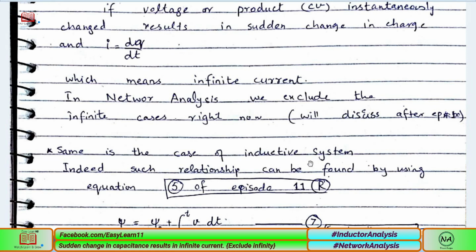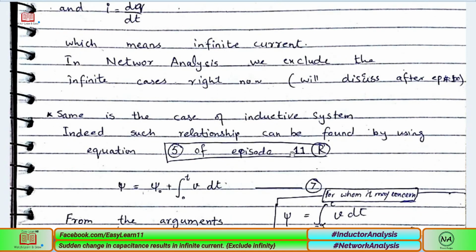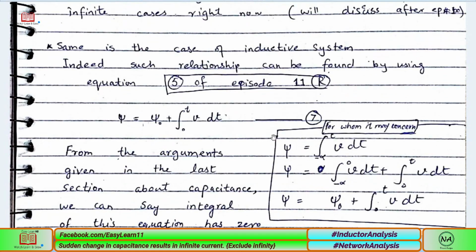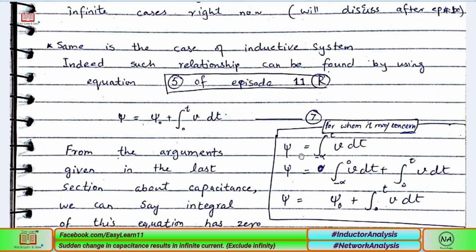The same is the case for the inductive system. Indeed, such a relationship can be found using equation number 5 of episode 11. This is the previous episode, where we started the capacitive parameter; half of the portion of the circuit interpretation was discussed in the previous episode. So this is actually the same topic continuing. Equation number 5 of episode 11 is relevant to our discussion, so if we use the equation number 5 of the previous episode,